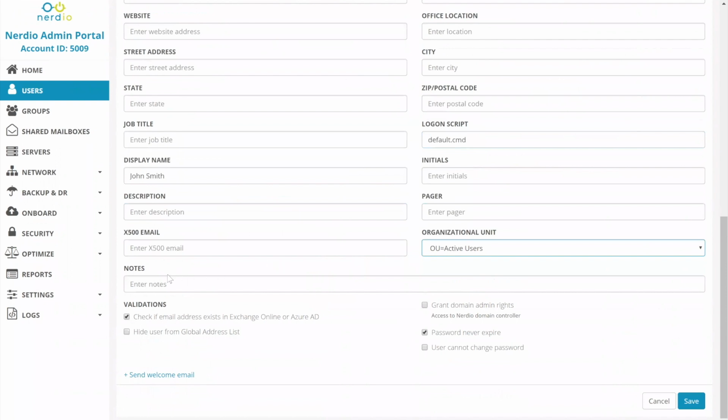Okay, then X500 we're not going to cover. It's more for exchange migration situations, etc. Then we have some boxes down here. We already spoke about